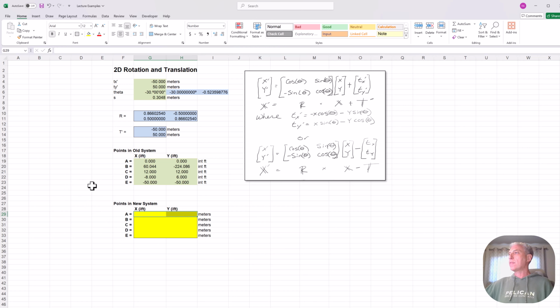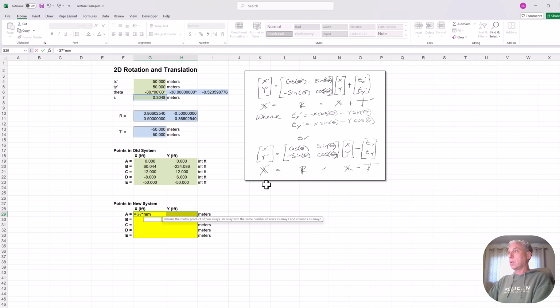So I want this to be equals my scalar, see if I can do this on the fly, times MMULT, the product of my rotation matrix